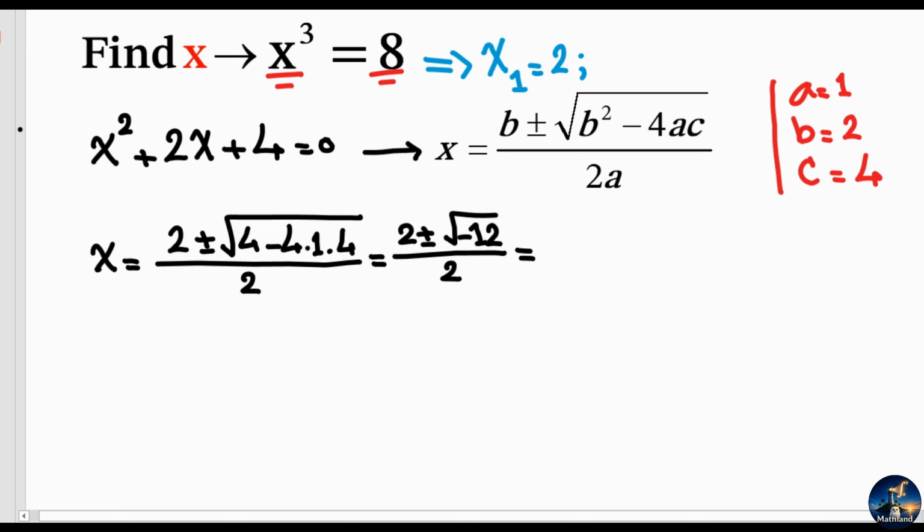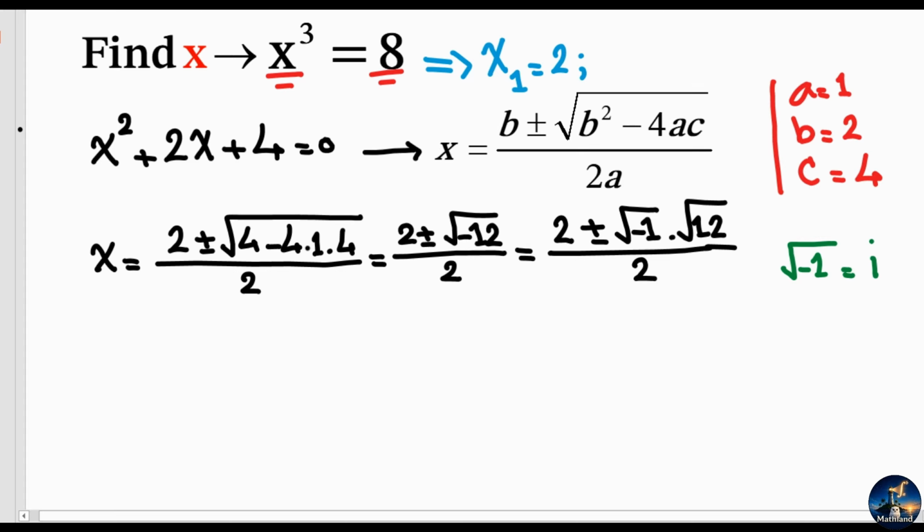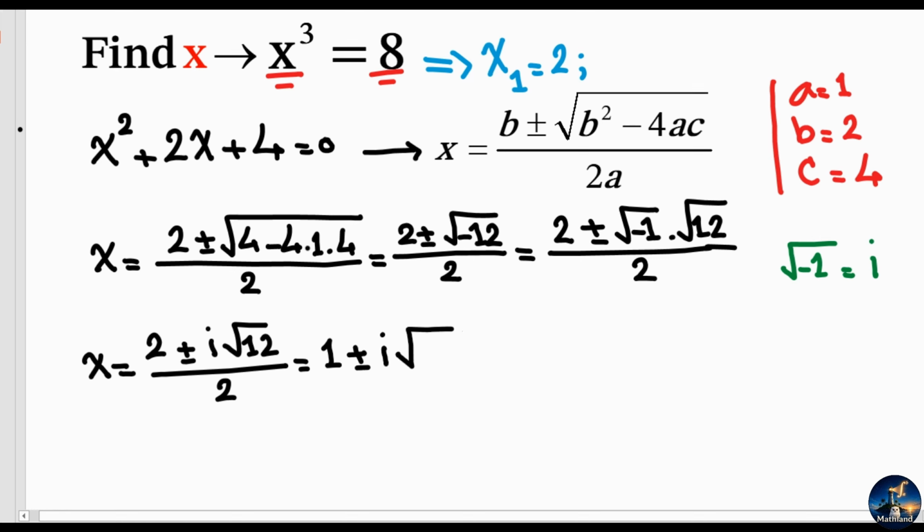We can write it as minus 2 plus or minus the square root of minus 1 times the square root of 12, over 2. In mathematics, we call the square root of minus 1 i. Then we can write x equals minus 2 plus or minus i square root of 12 over 2. That we can simplify to minus 1 plus or minus i square root of 3. Then we get